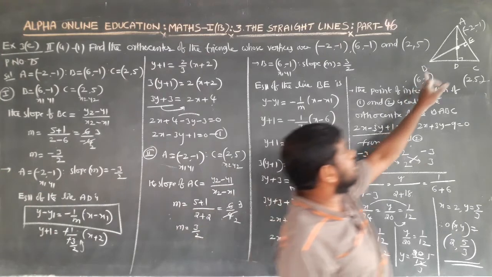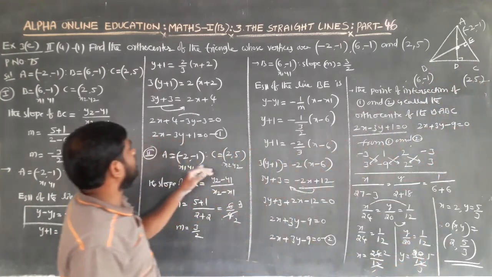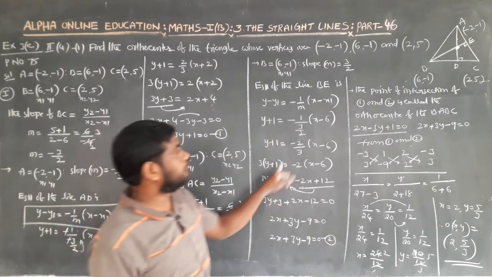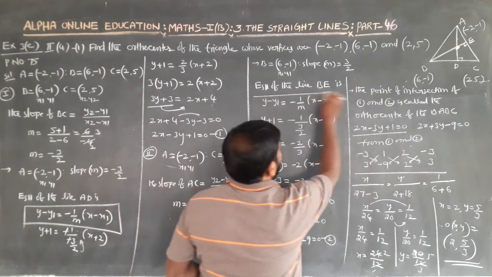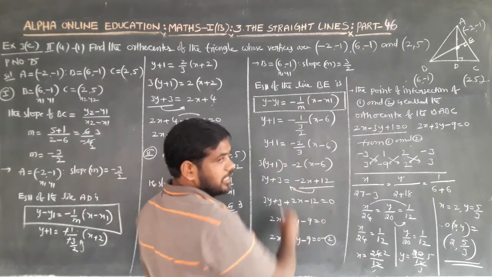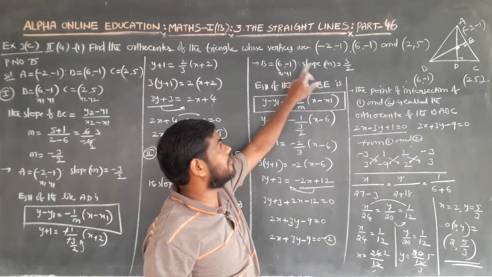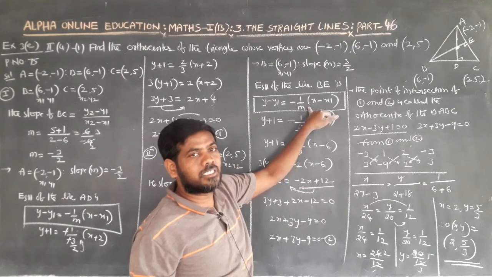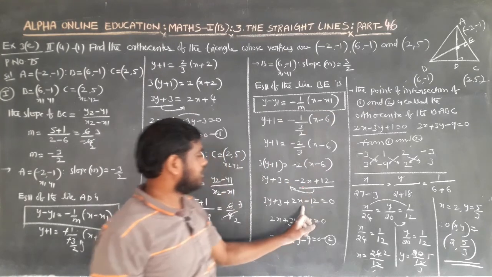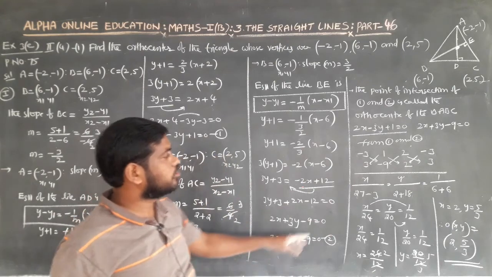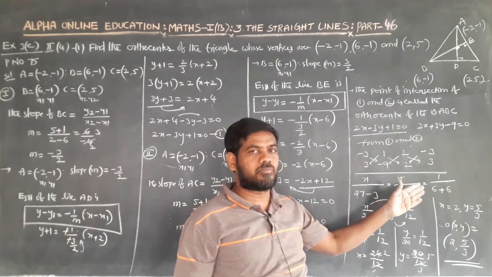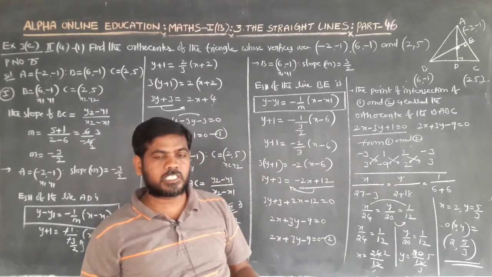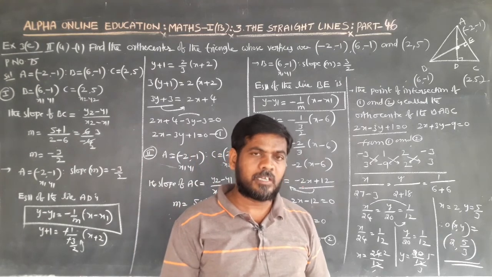Again find the equation of BE. For BE, first find the slope of AC. If m is the slope of AC, then the slope of BE is minus 1 by m. The equation of BE passing through the point B (x1, y1) is y minus y1 is equal to minus 1 by m into x minus x1. The point of intersection of 1 and 2 is called the orthocenter of the triangle. Solve 1 and 2 and find the answer. This is the process for finding the orthocenter of a triangle.